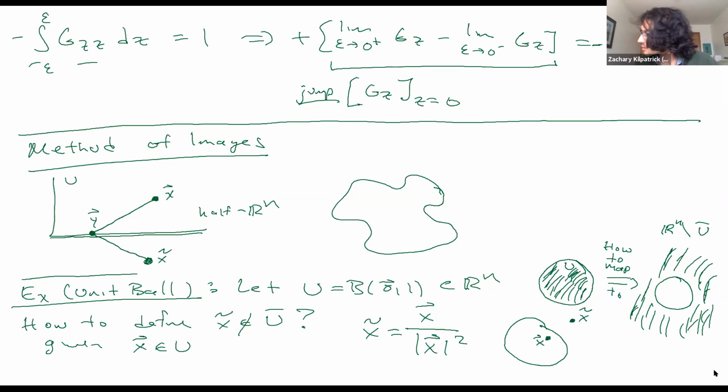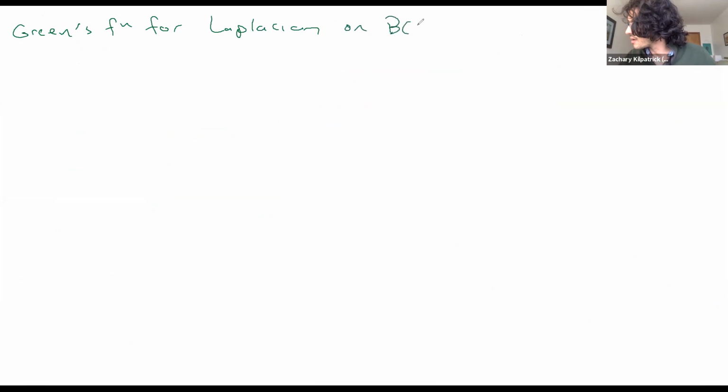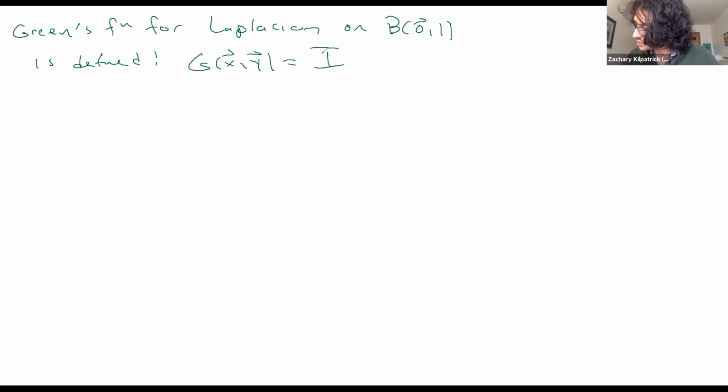All right, so let's go ahead with this. The Green's function for our Laplacian on this bounded domain is going to be defined in the following way. G of x, y is equal to phi of x minus y, that's just our nice fundamental solution, minus